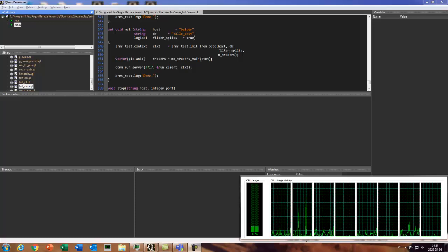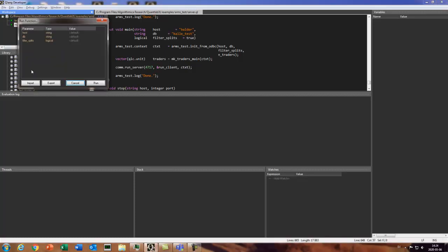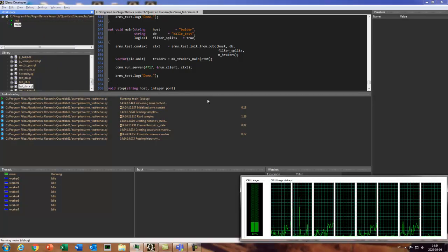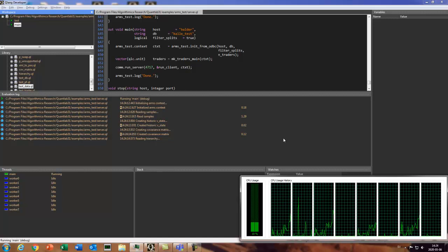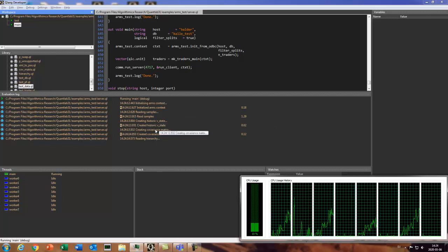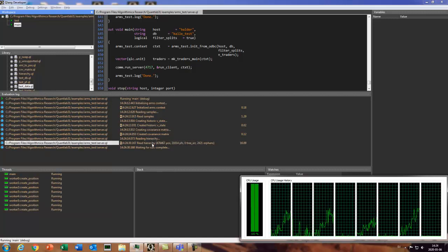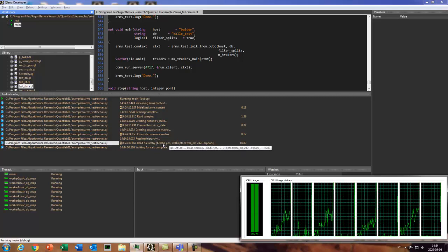Hi, let's look at how we boot up the server and see what it does when it starts calculating the real-time risk. So we're going to make a practice run, and we can see that the server needs to read from the time series data. It needs to create a covariance matrix. It needs to read the portfolio hierarchy. It needs to get all the positions,